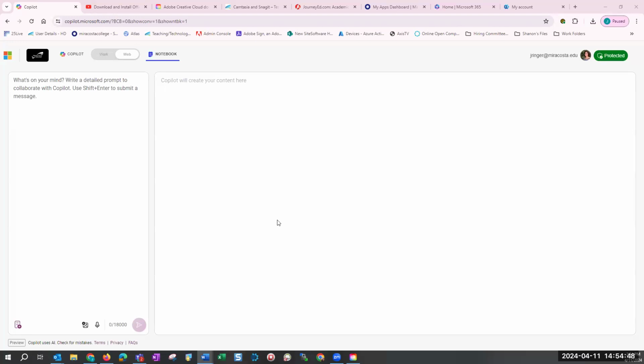That's going to be for Microsoft. For Adobe, it may be a little different because you have to have a product code for Adobe, but then you have to register with Adobe. So you have both of those on either end. You'll have your product code, but then you need to register with Adobe. And then of course, if you request Camtasia or Snagit, you'll have the link and the product code right there.